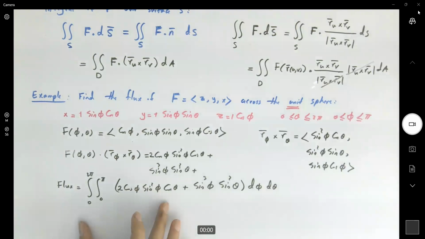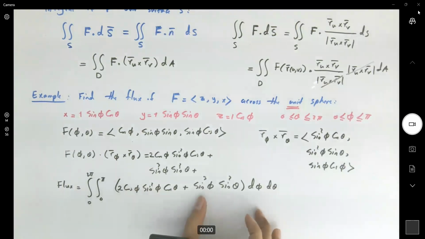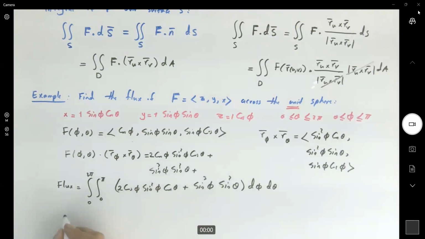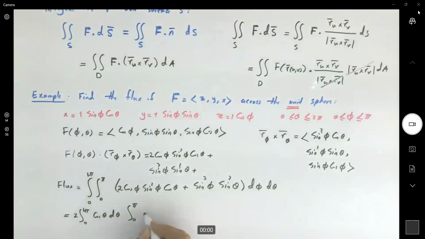So for this integral, you can separate these. This becomes the integral 0 to 2 pi, let's write 2 outside, cosine theta d theta times integral 0 to pi, cosine phi